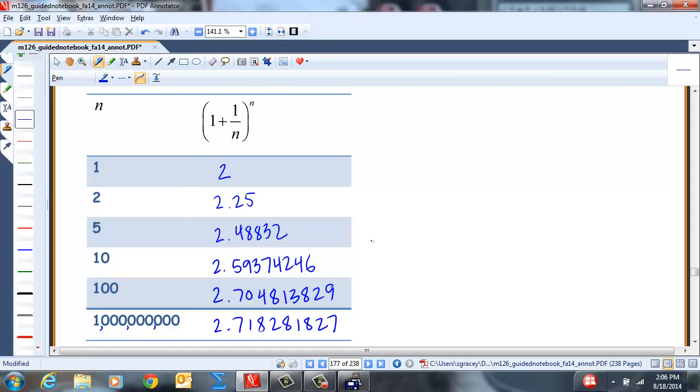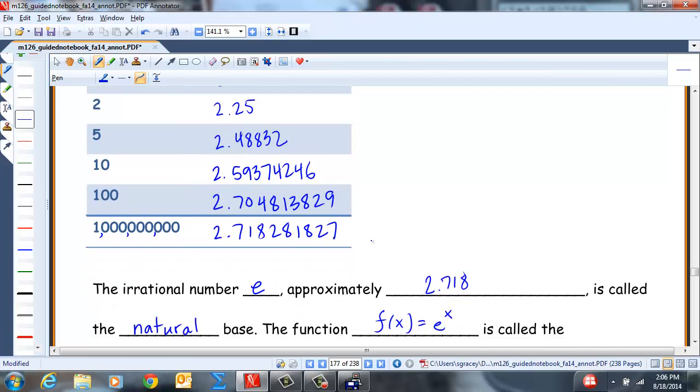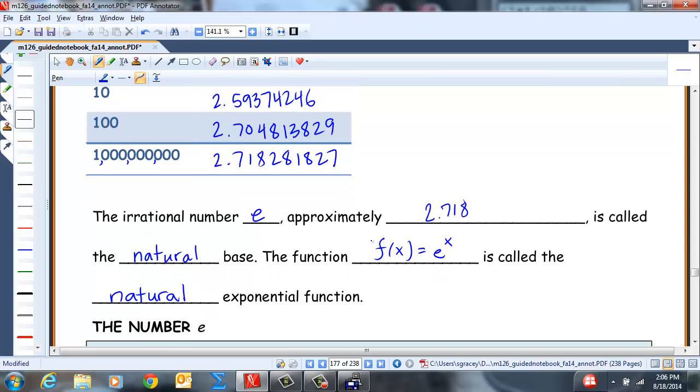So this is your principal P times 1 plus 1 over R raised to the T times, is it T times R? Sorry, it's been a long week for me. But basically, if you use that,